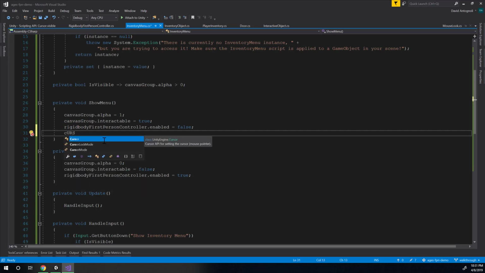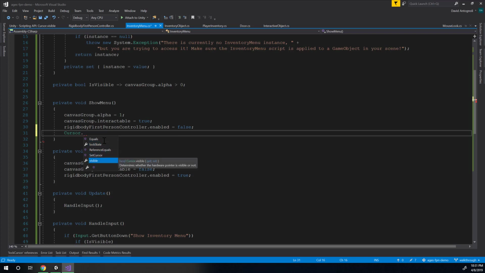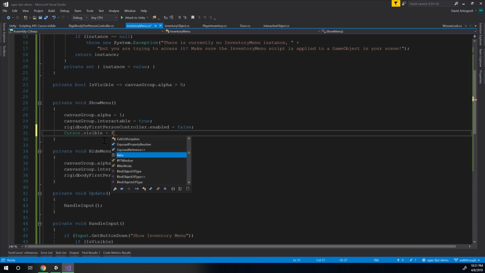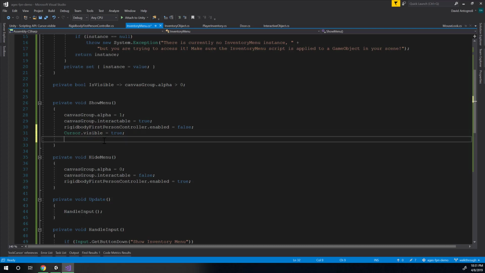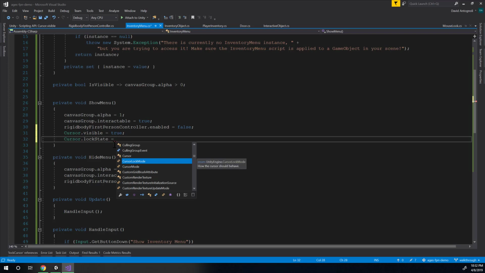And what we're going to do is use the, oops, I have caps lock on there. We're going to use this cursor static class here, and we're going to say that the cursor needs to be visible, right? So cursor visible equals true, and we need to unlock the cursor as well. So the way to do that is cursor dot lock state equals, and if you're using Visual Studio,